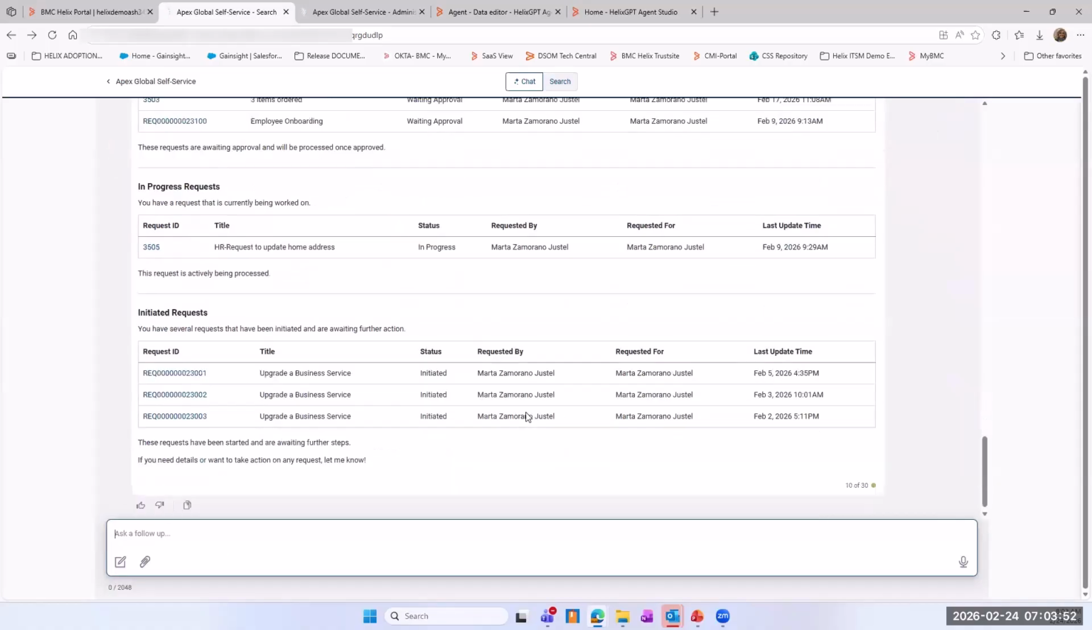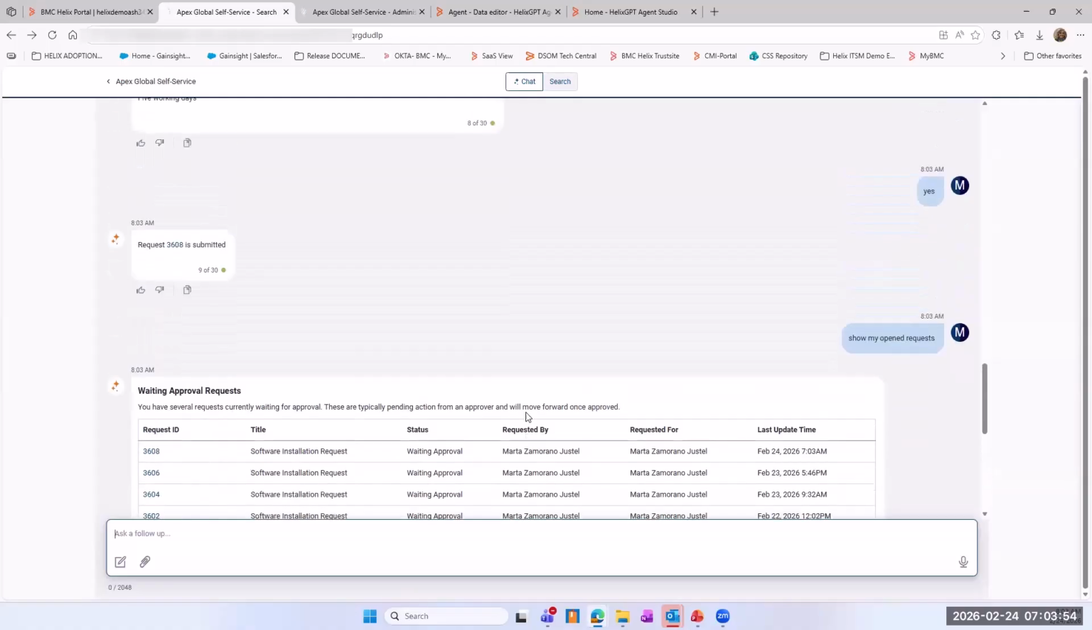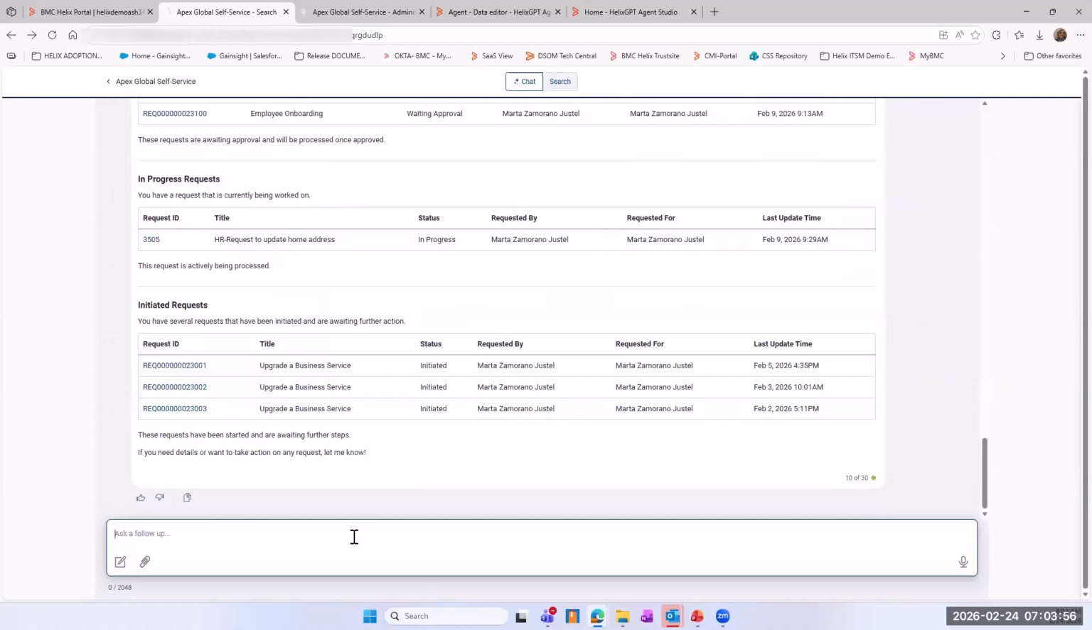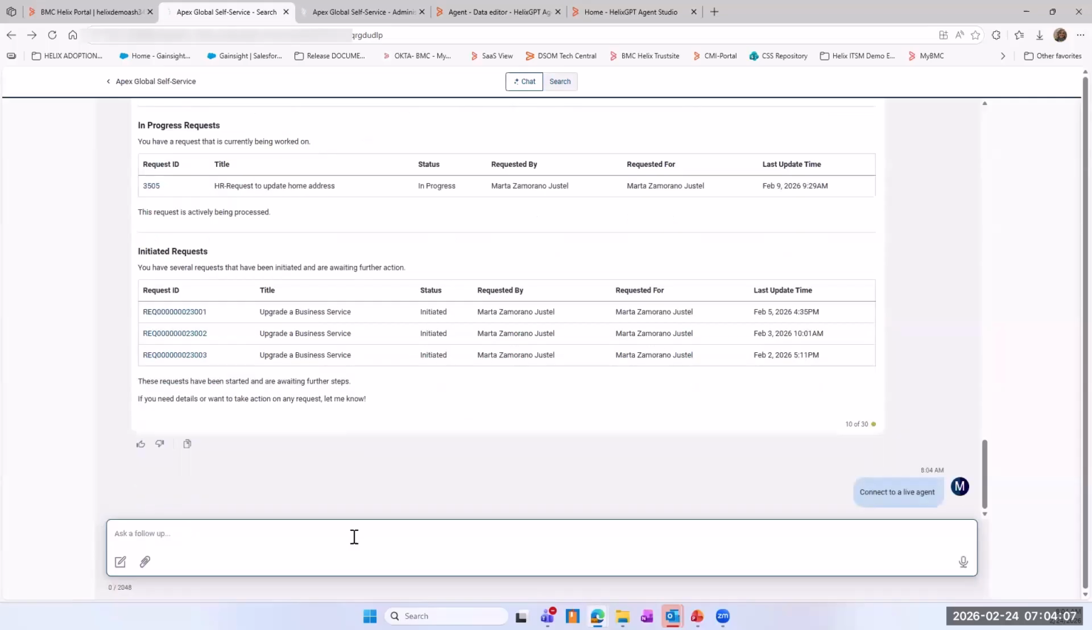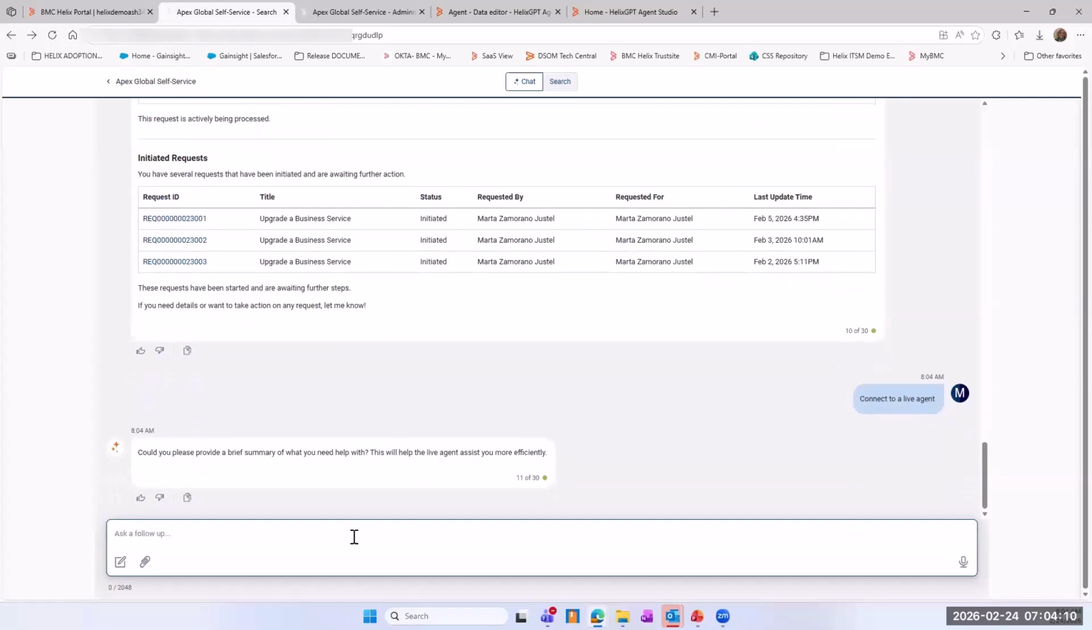But imagine that for my questions, I don't see any answer that is valid for me, and I want to connect with a live agent. So I can say connect to a live agent. This is transferring GPT to one person. If we have the live agent configuration done and we have people on the other side from help desk, they will help us with opening cases